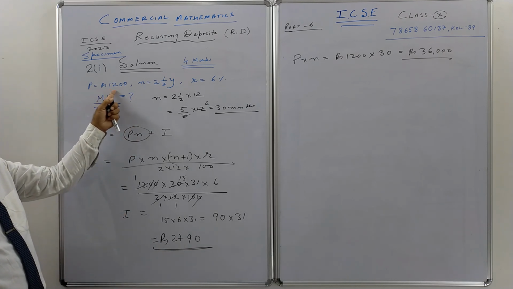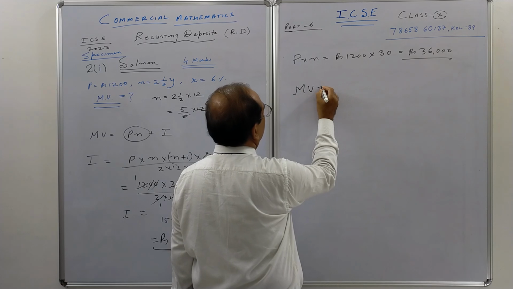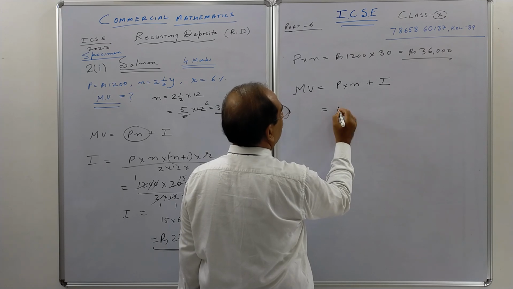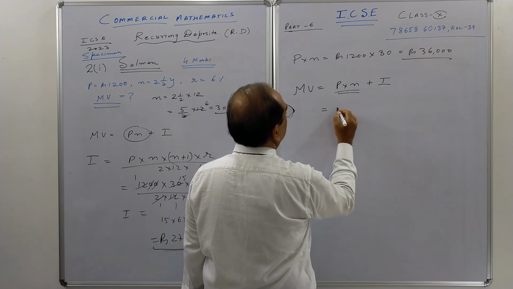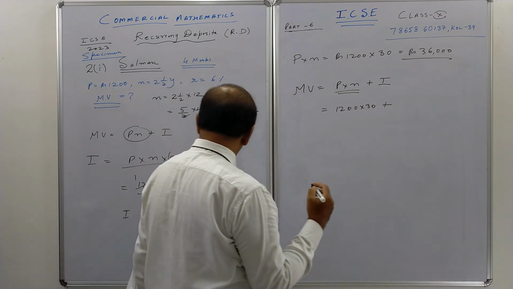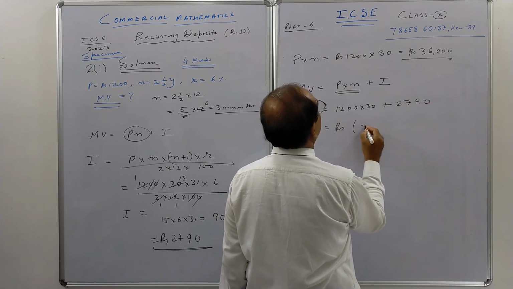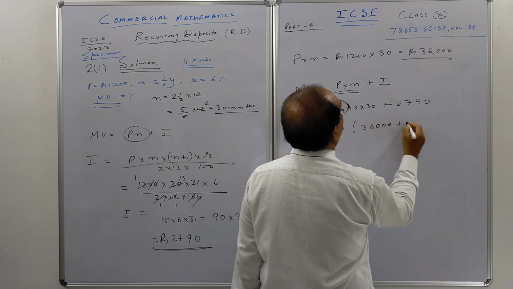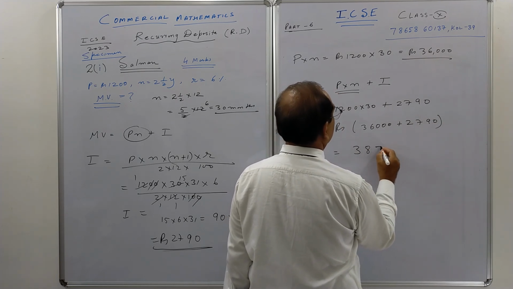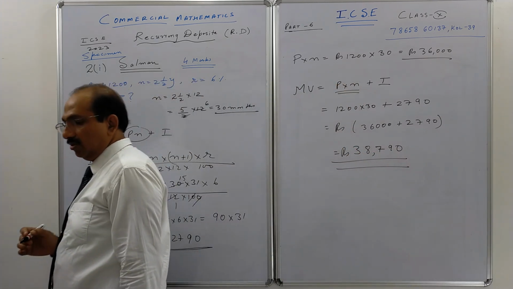Once more, when Salman puts 1200 for 30 months, this is his money, children. So the maturity value, children, is his money Pn plus I. Pn is 36,000, once more I am writing here, plus interest is 2790. So 36,000 plus 2790, it will be 38,790. So his maturity value will be